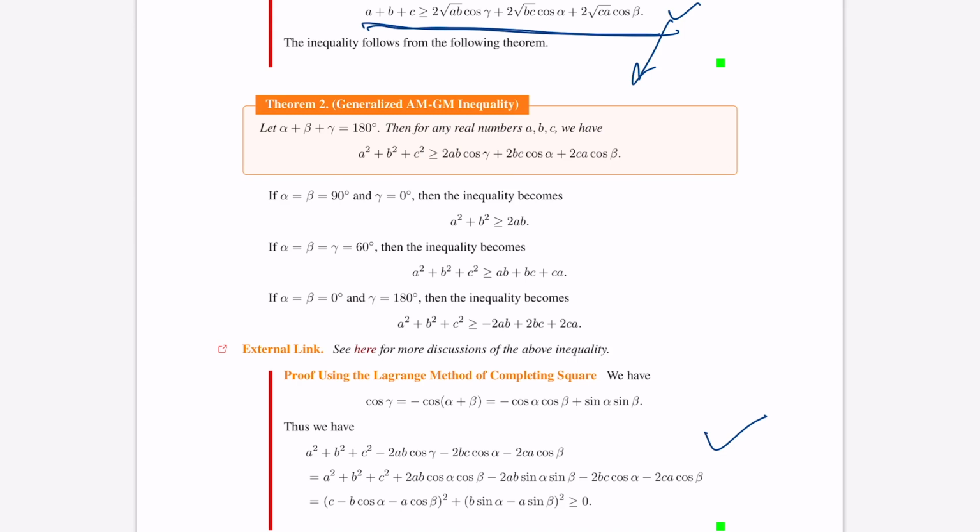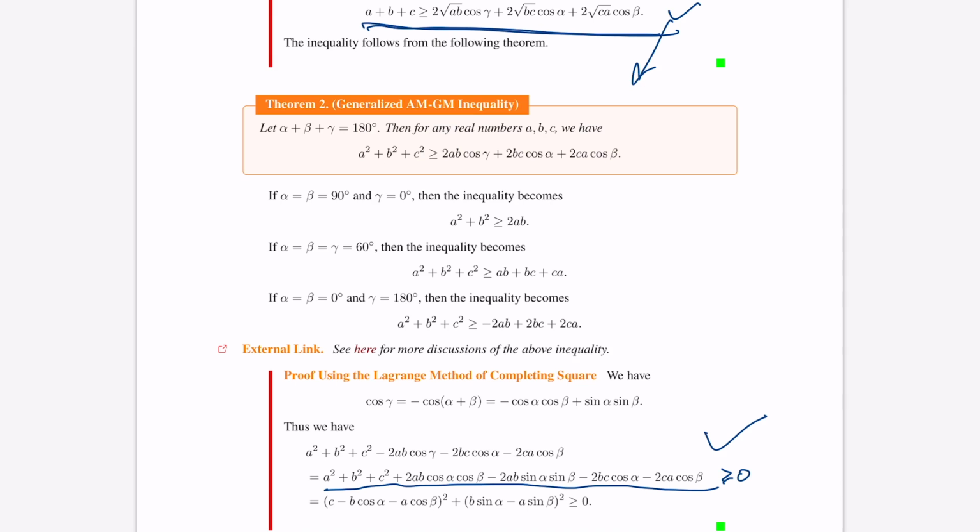So the inequality will be in terms of A, B, C, and alpha, beta, and there's no constraint on alpha and beta because I don't require alpha, beta to be positive, negative, or more than 180 degrees, and so on. Then this inequality becomes proving that this is non-negative, and here is the perfect way, called the Lagrange